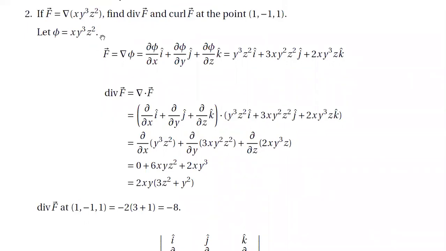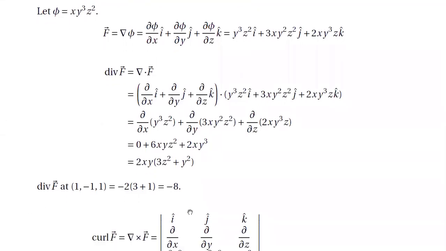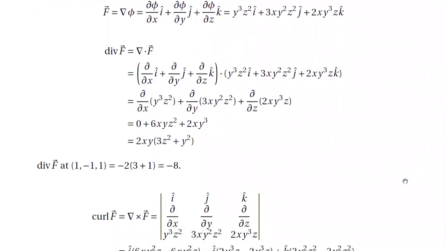But here they are asking you to calculate the value of divergence of vector f at the point (1, -1, 1). This is the value of divergence of vector f for any given point x, y, z. But if you want to find the value for a given point, that is (1, -1, 1), what we need to do is take this value and replace x by 1, y by -1 and z by 1. So put x as 1, y as -1 and z as 1 here, and if you solve it, you will get the answer as -8.